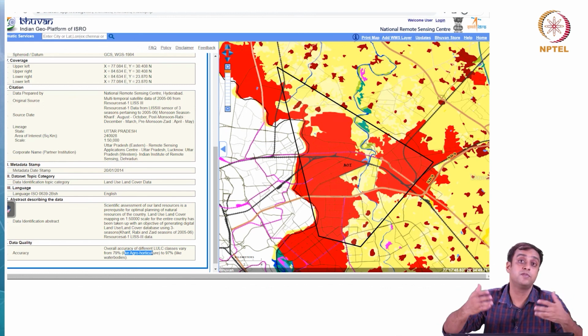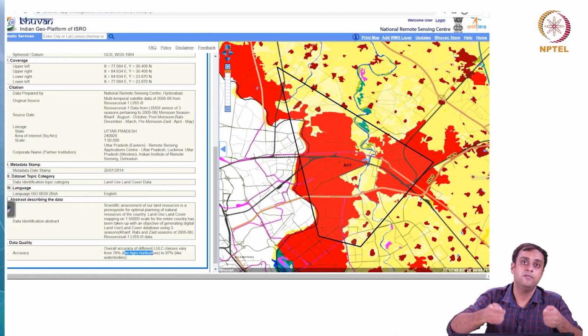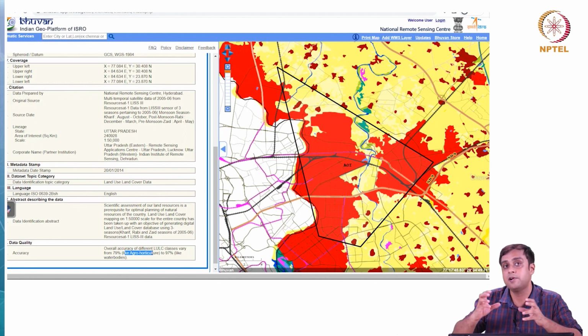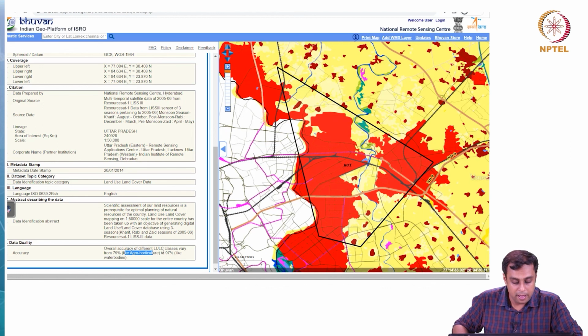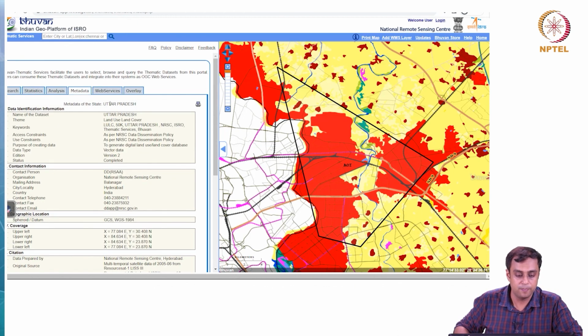So, 79 of 100 times we are confident that we have that class, but for the remaining 21 times it could be some other class. So, there is some error in these data, right. So, we should be very careful about these, and we will study how to articulate these errors analytically. And then we have 97% accuracy for water bodies. So, we are doing a very good job with articulating where the water bodies are.